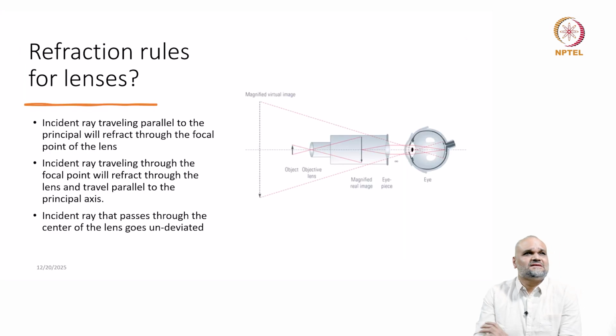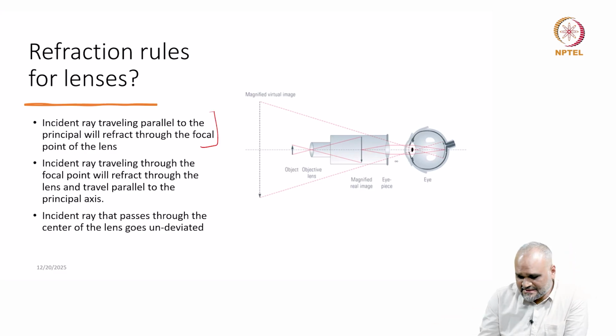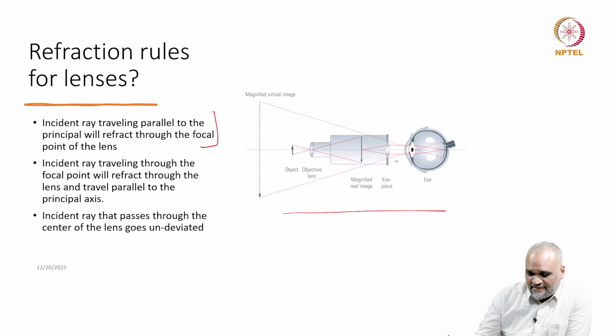If I look at some basic refraction rules for lenses, we all know that when an incident ray is traveling parallel to the principal axis, so here is a schematic of a compound optical microscope. So if I have an object and if I have two lenses, the rays that are traveling parallel to the principal axis will refract through the focal point of the lens. Now this is how we all start learning and thinking and imagining when I have a lens or an imaging system. Bear in mind that it is not just a focal point, but you have what is called a